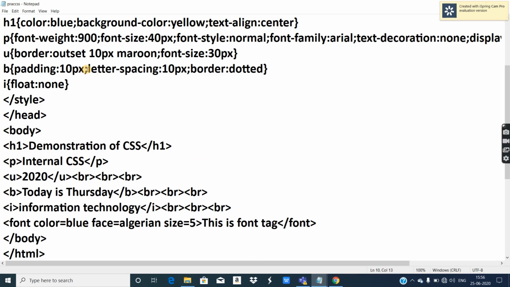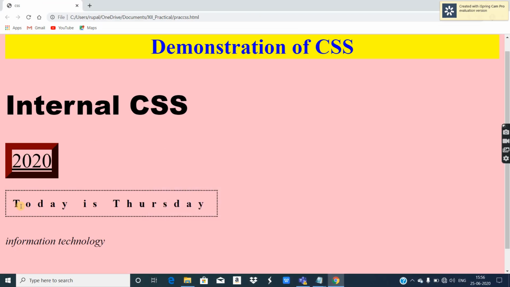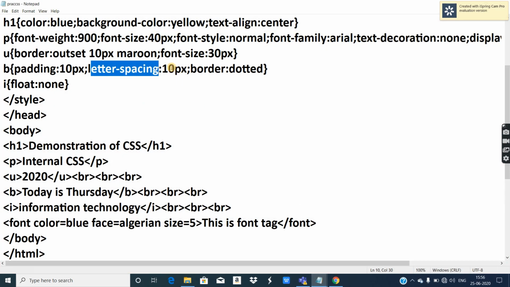Then there is a letter spacing property. Letter spacing will give individual space between the letters of words. Now see, individual spaces have come depending on the value I have provided. You can provide a pixel value to it. Then just a border I have provided. Then I was talking about the margin left property, which is given in the textbook.